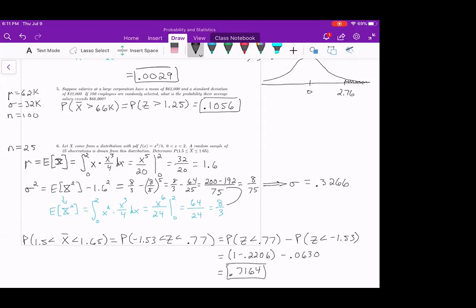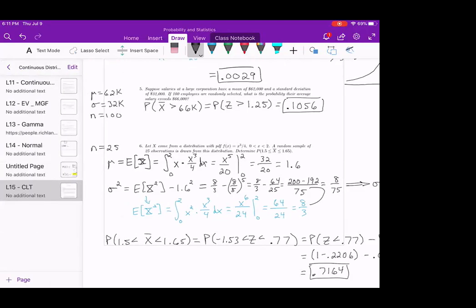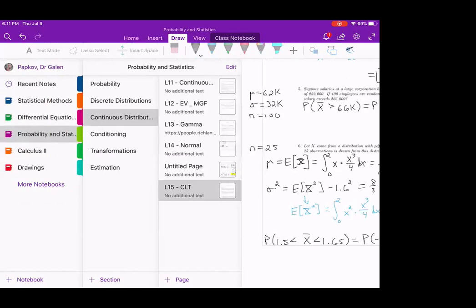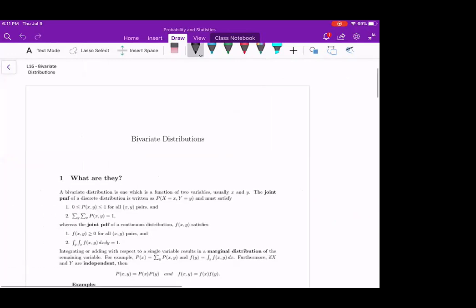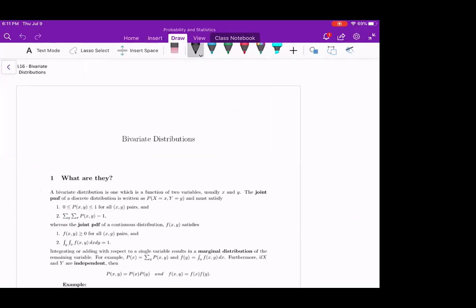All right, so again, that concludes the continuous part of this course. It's not the last time you'll see integrals. You're about to use them again in this next aspect. And now we are faced with a scenario where you may have a distribution that is no longer two-dimensional, because